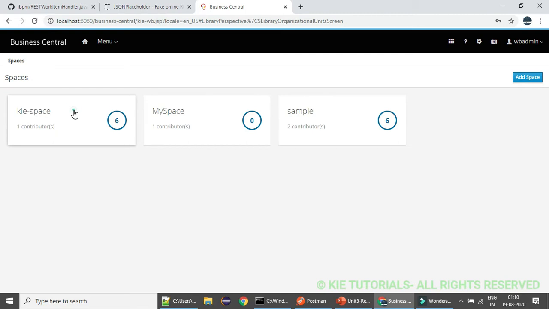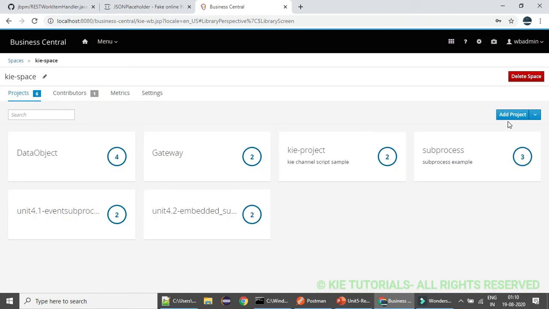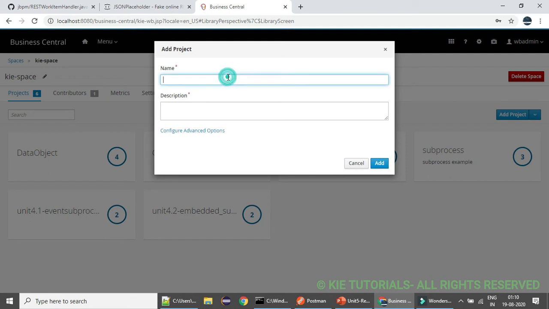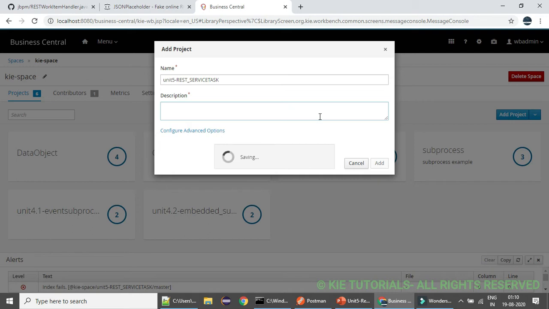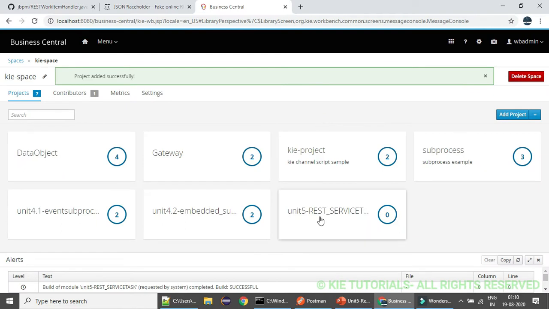I don't want the sample space, I want the KIE space, and I'll be creating a project called Unit 5 REST service task. Just click on add. Project got created.